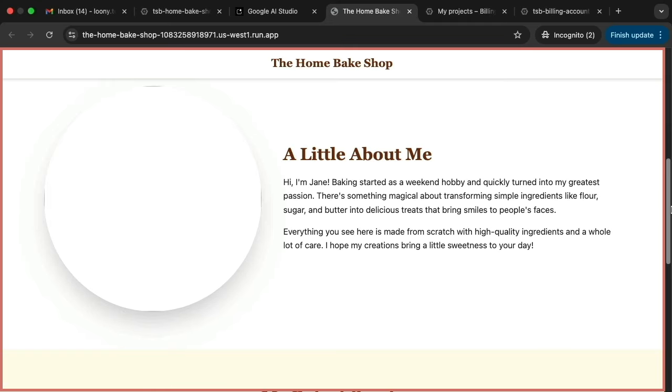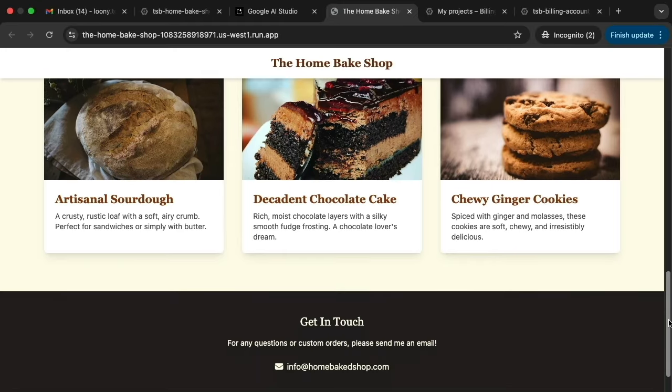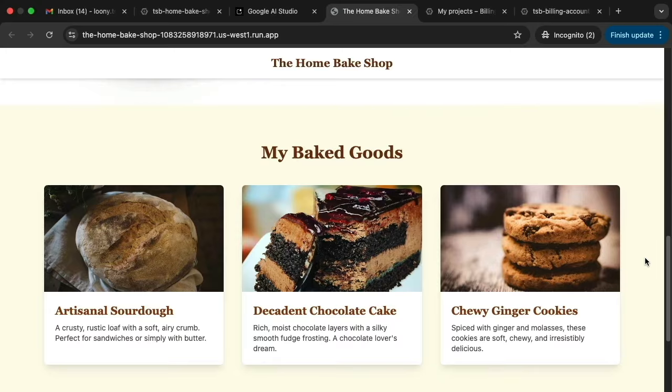Sometimes they don't load at all. Don't rely on external images that AI Studio puts in. This is what I had mentioned earlier. You need to set up your own images for every image displayed on the site. Notice the images of our baked goods, they show up just fine here in the final app. In fact, these images look amazing. You already know how we set up these images on our website. Just do the same thing for the hero image and any other image that you want to have on your